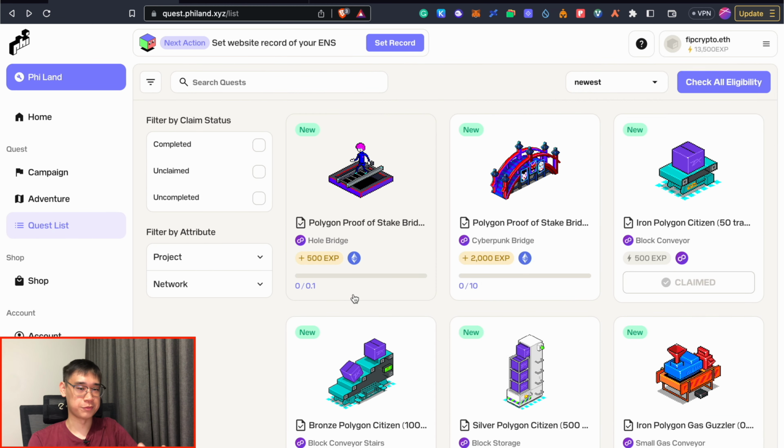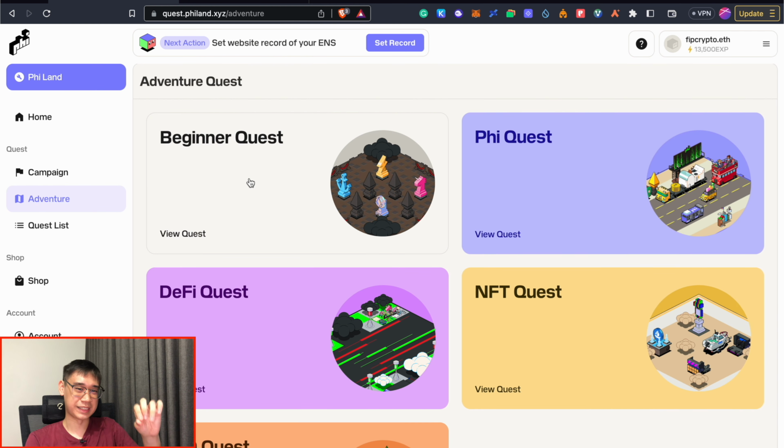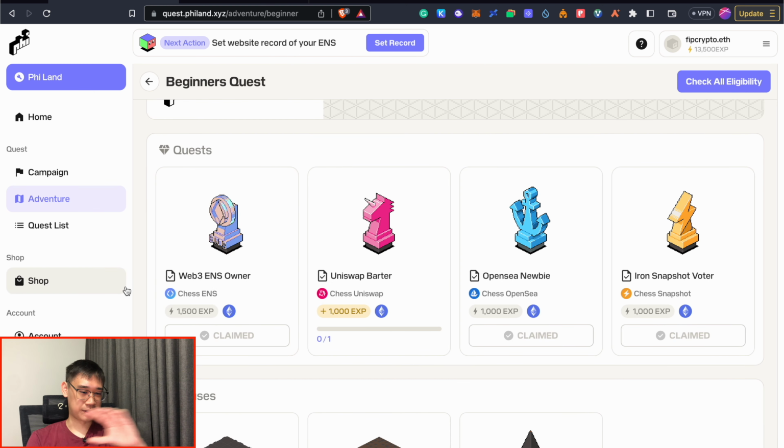If you're not eligible for any of these objects, then you may want to start completing some of these quests. The ones that I would recommend you to do will be under the Adventure tab. So there are quite a few quests that you can complete. I would think that the easiest one will be the Beginner quest. But the only problem is that all of these 4 different quests are on the Ethereum network, so the gas